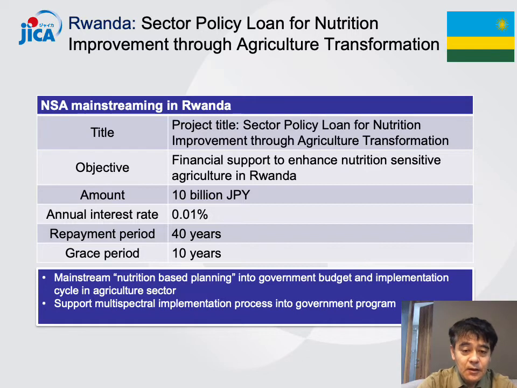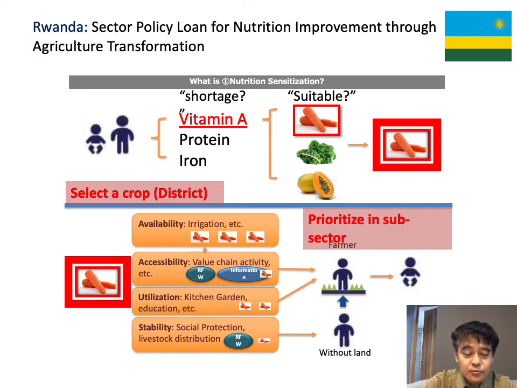This is a case of a Rwanda sector policy loan for nutrition improvement. The purpose of this program is to support or to facilitate investment in nutrition in the area of agriculture. In this Rwanda program,